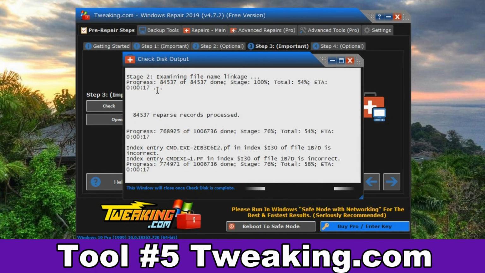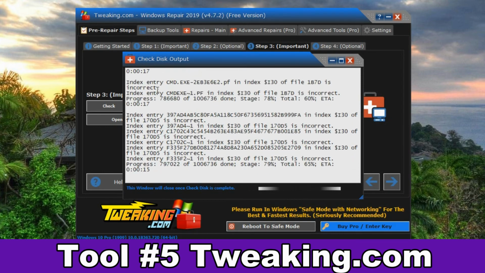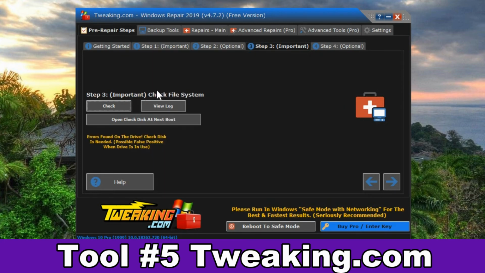But if it has any issues that could be repaired, it will tell you that it's recommended to open the disk check at the next boot. So in my case, it's showing that errors are found on the drive. Check disk is needed. Possible false positive when drive is in use. And this is one of the reasons why you want to make sure this is done in safe mode as opposed to running it in normal mode.